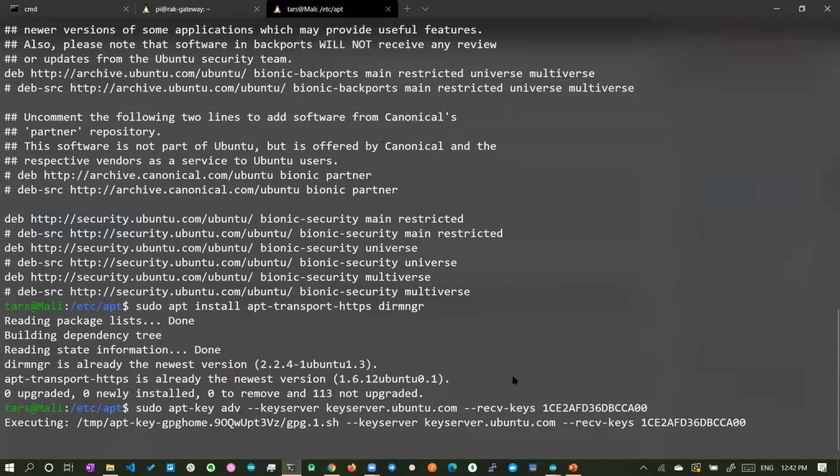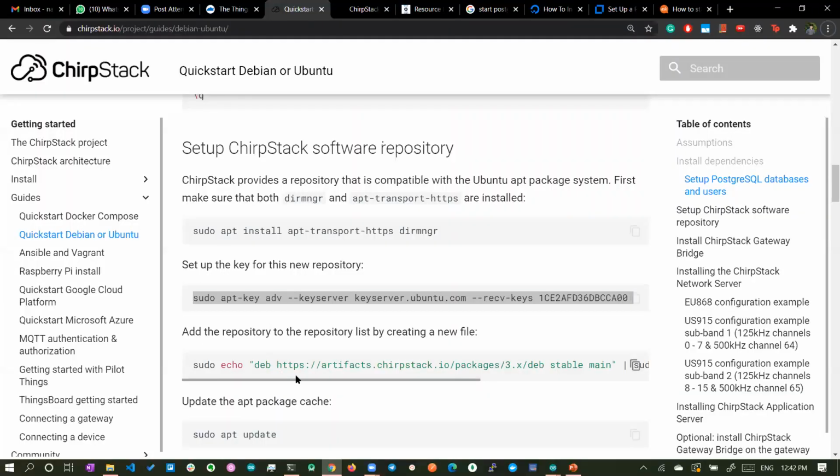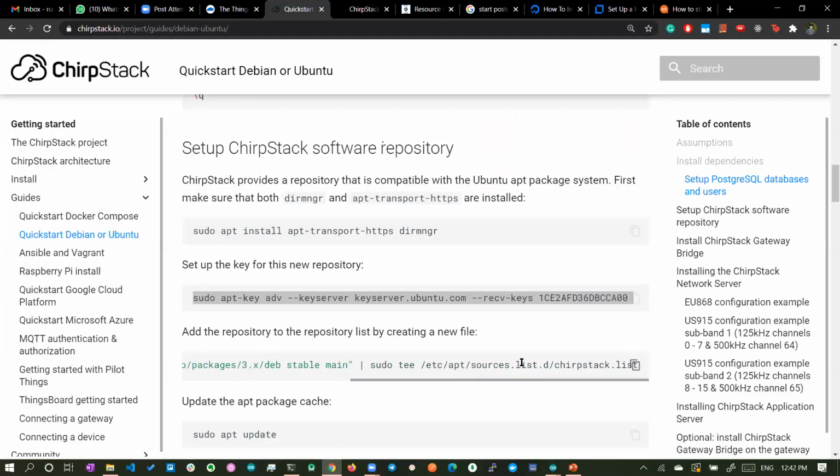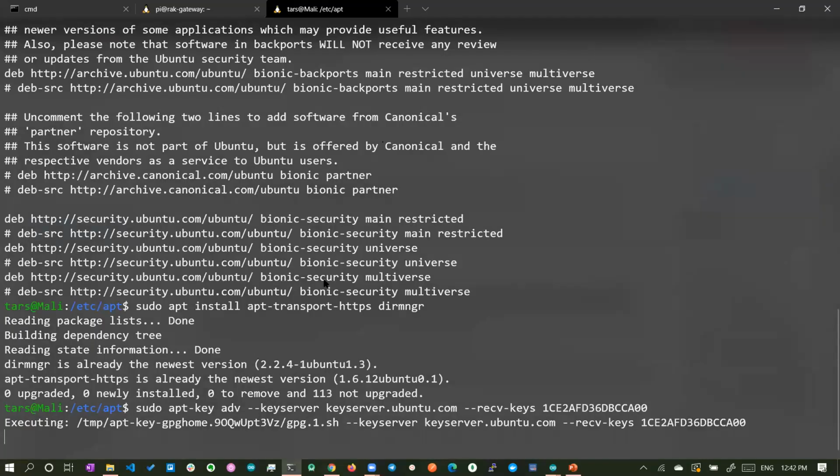Executing it will generate some new keys, because you have to install the packages from the TTN, from the ChirpStack server. For that you will be installing all these things. And we already have this within the sources.list.d directory. I'll show it to you.